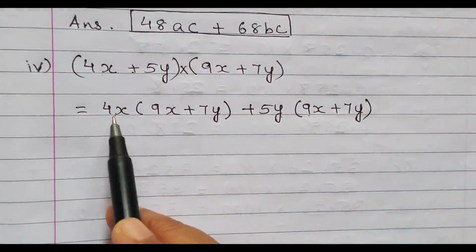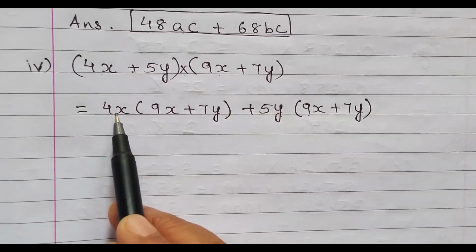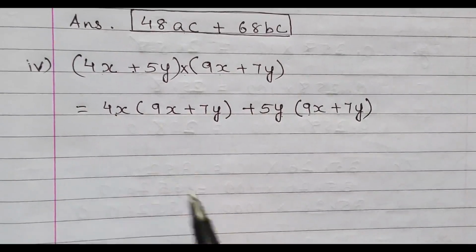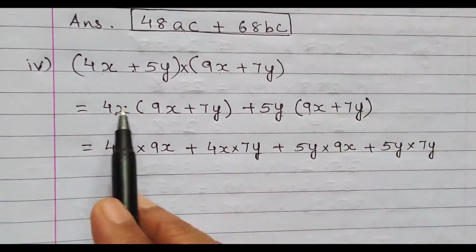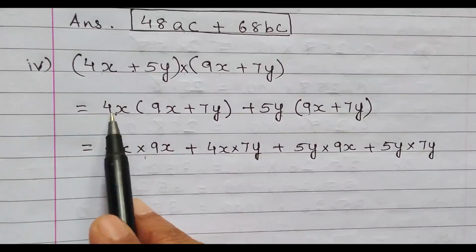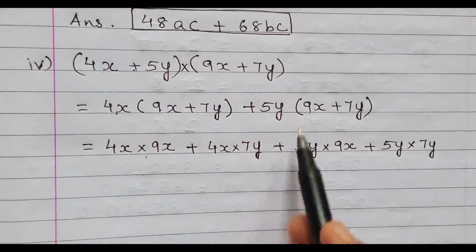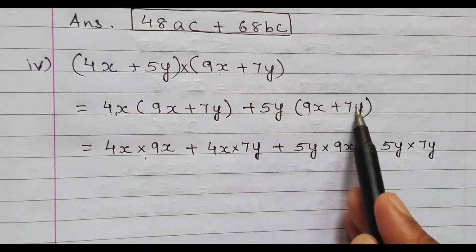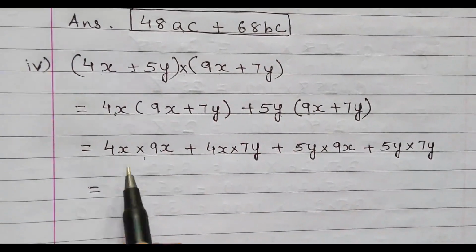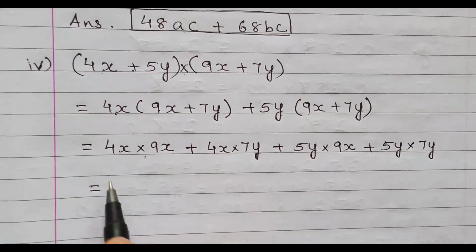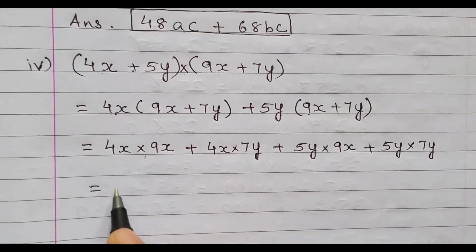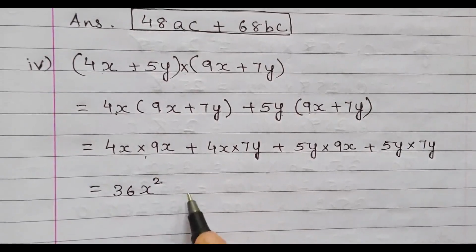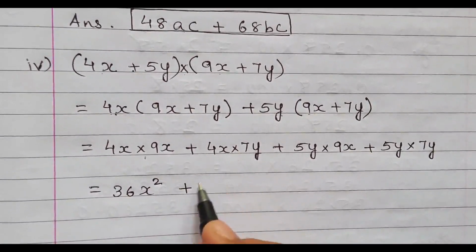Now this is binomial multiplied by a monomial. So you have to multiply each term of the binomial with the monomial. So we have 4x multiplied by 9x, 4x multiplied by 7y plus 5y multiplied by 9x plus 5y multiplied by 7y. Now multiply the coefficient and the variable. 9 multiplied by 4 is 36. X multiplied by x is x square. Plus 7 multiplied by 4 is